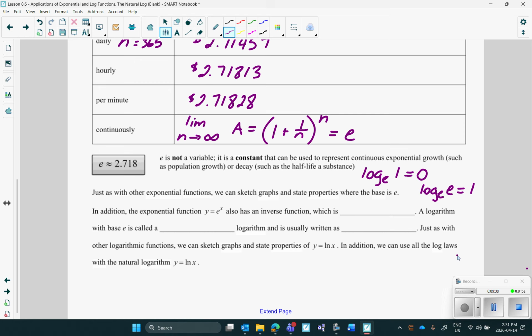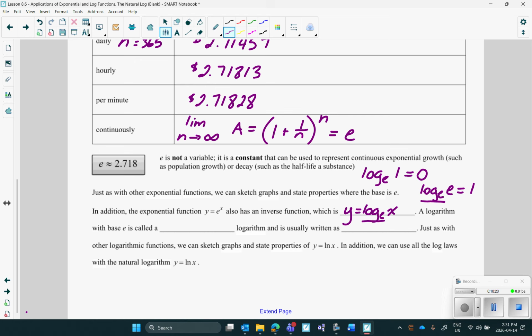I could graph these. I could graph e to the x. What would e to the x look like? It would look like somewhere between 2 to the x and 3 to the x, right? So I can do different calculations with e. So we can write e to the x and its inverse is log base e of x. And a log that has base e,